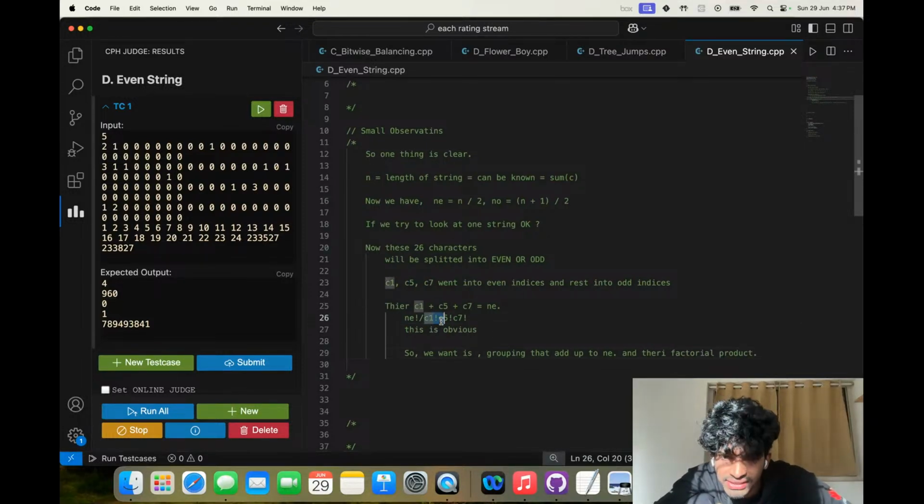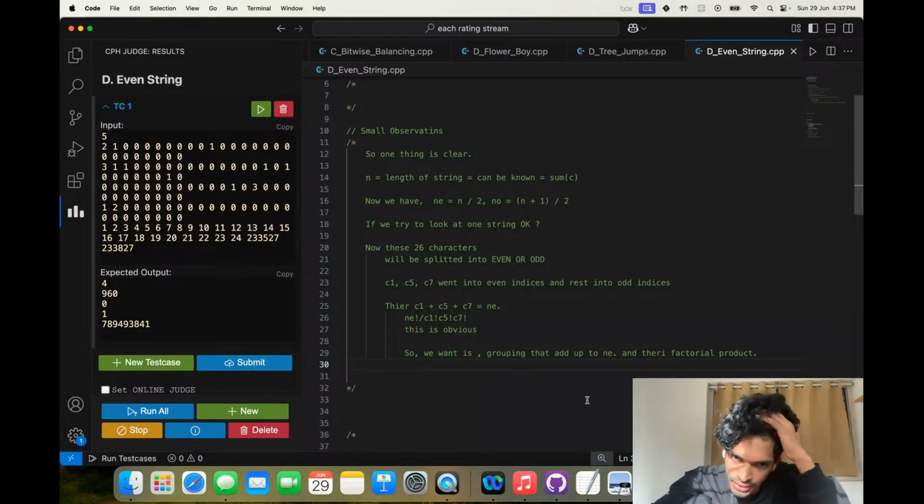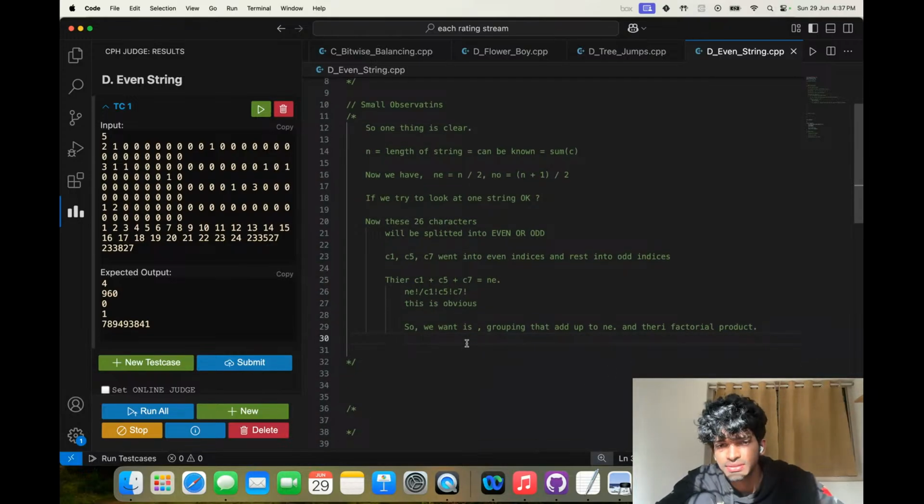We want C1, C5, C7 to add up to NE, and we want their products. So let's try to generalize this. We have 26 things, right? What all sums? We want to find for all sums.